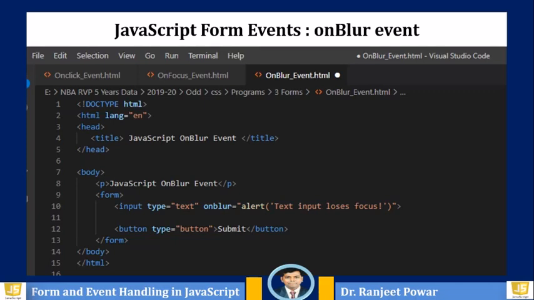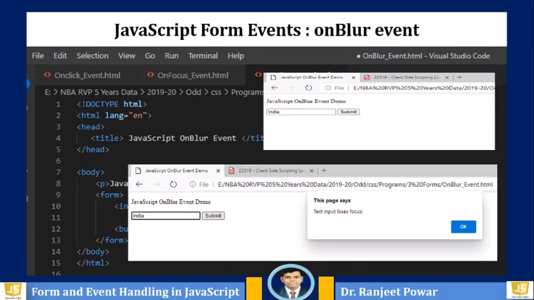This event is used to validate data entered in a given text field. If the entered data is correct or valid, then it only allows the focus to be lost from the text field. Otherwise, it keeps the cursor in this text field till the user inputs valid data.